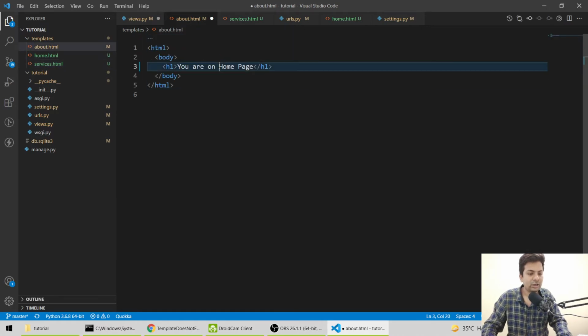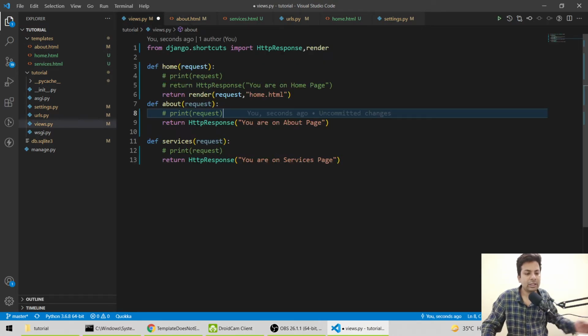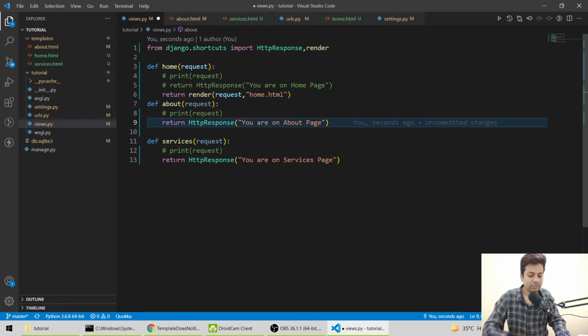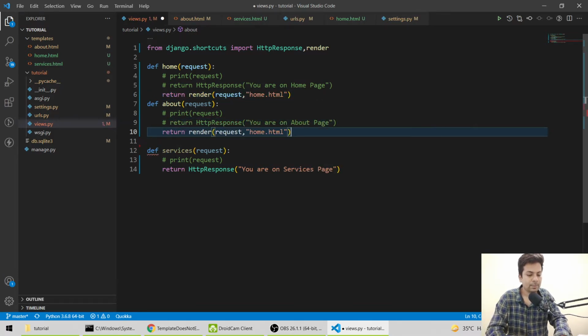About, paste it here, and we'll say about, save it. Now we have to do return everything here also. So we'll just copy this, comment it out, paste, and we have a file name called about.